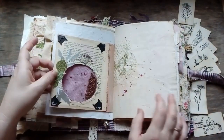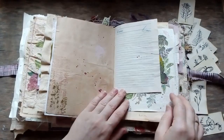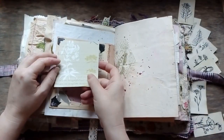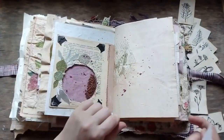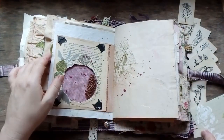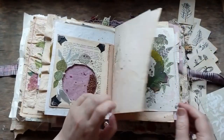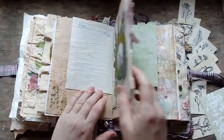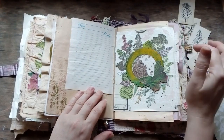Seed shaker. Yes, you can touch the seeds and try them, and yes, you can put another picture here if you want it, and then you will get the image here as well. Some stamping again, collage, and one more wreath seed shaker with